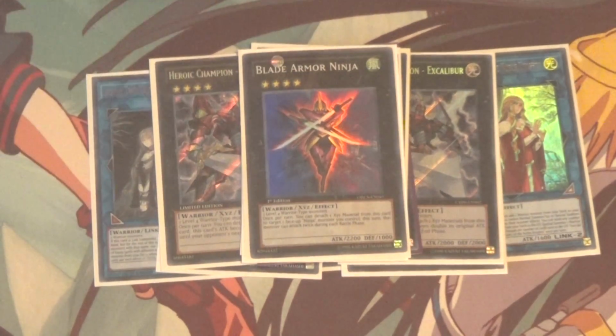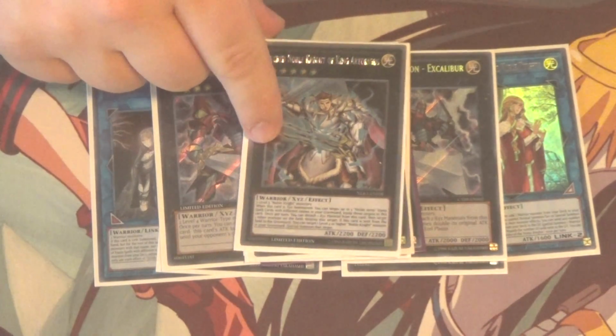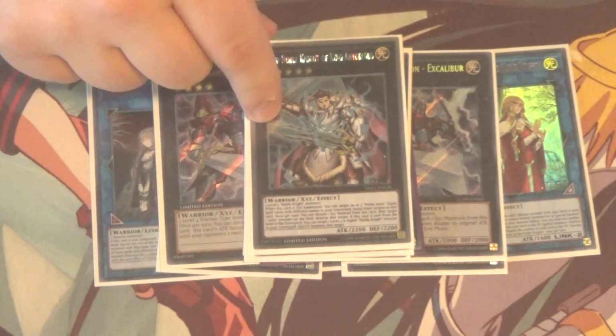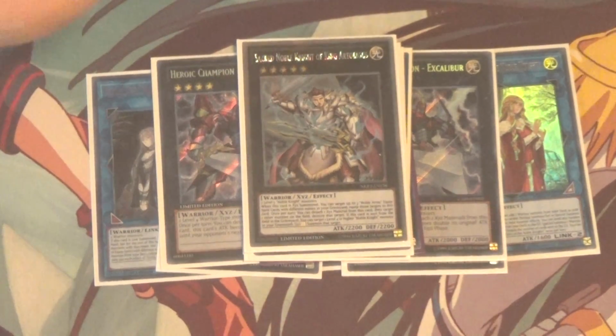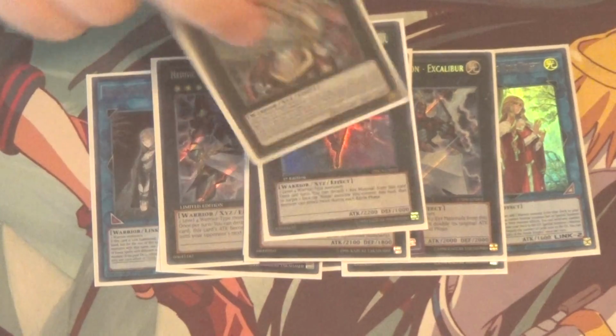1 Blade Armor Ninja for the OTKs. 1 Sacred Noble Knight King Artorias. God, that name. So this guy, he's the rank 5 version of the deck, so he's basically just a bigger Artorias. He equips 3 Noble Knights from your Noble Arms onto him from your graveyard. And once per turn, he can detach Xyz material, pop 1 monster, and then he has a recursion effect,